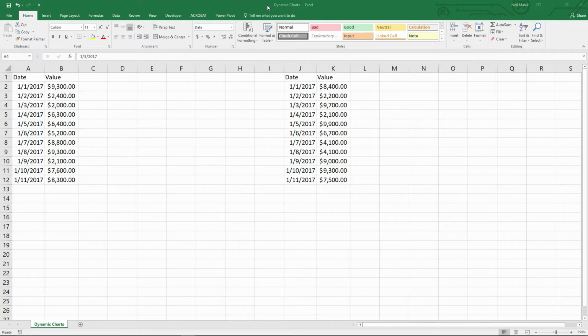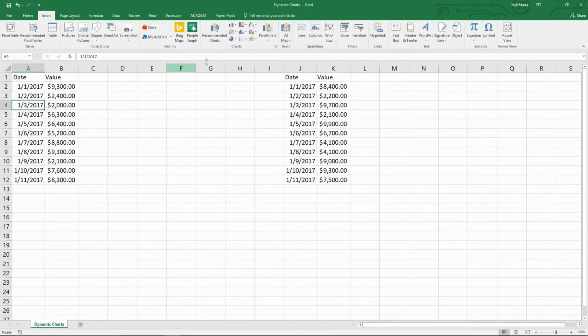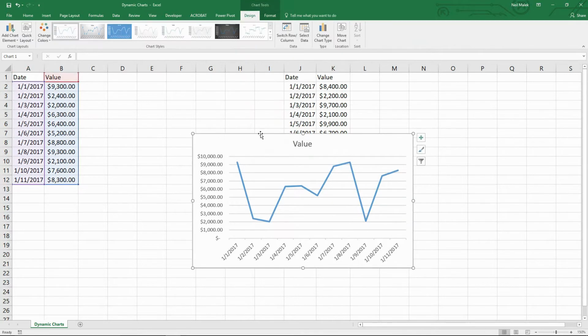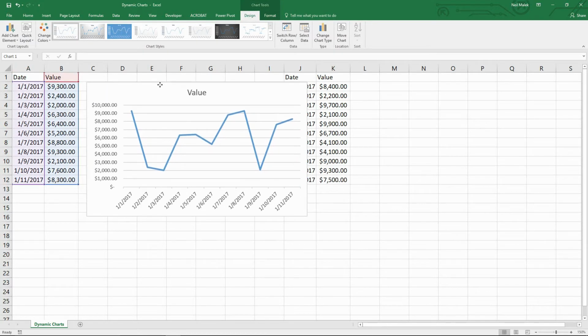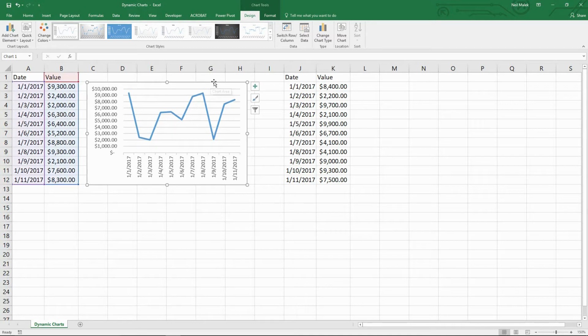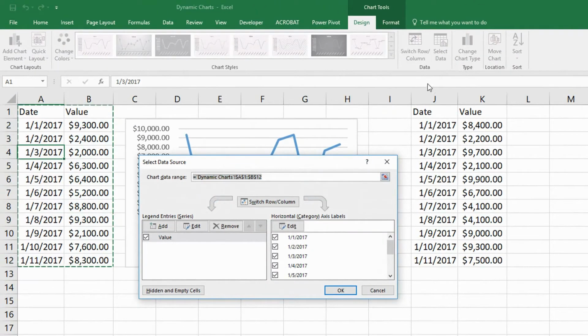To give you an example of why this is, let's click on this original data over here on the left, go to the Insert tab over here, and I'll just go ahead and add maybe a line chart, for example. Okay, so here's a line chart representing this first set of data on the left. The problem is that when we go to the option at the top of our screen for Select Data, you'll notice that Select Data says that it should go from A1 through B12, and it's just locked into an absolute